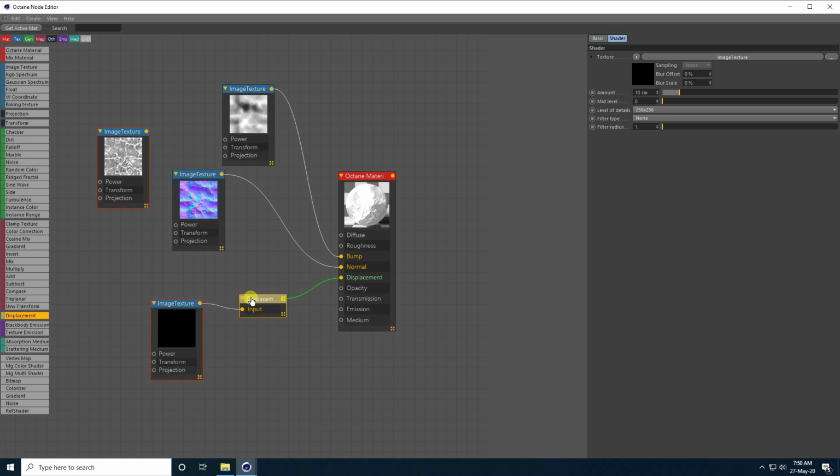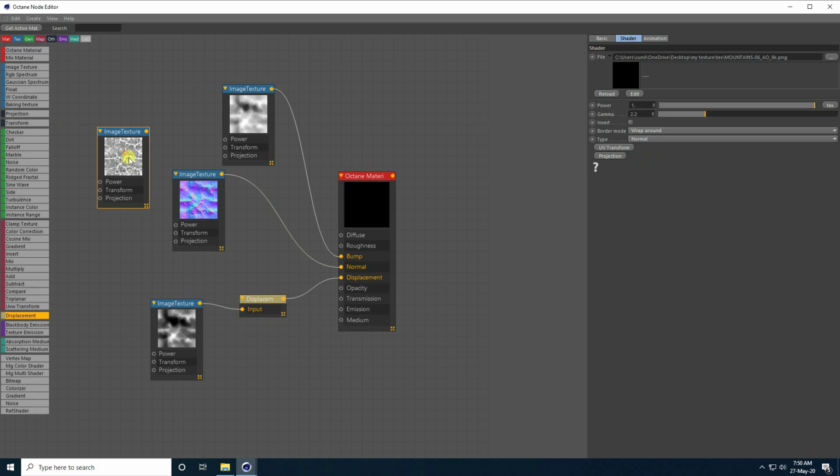So guys, select this displacement and amount I take like 300 is good, and level of detail I take full. And last one, this one, guys, apply on roughness. So guys, all is good.